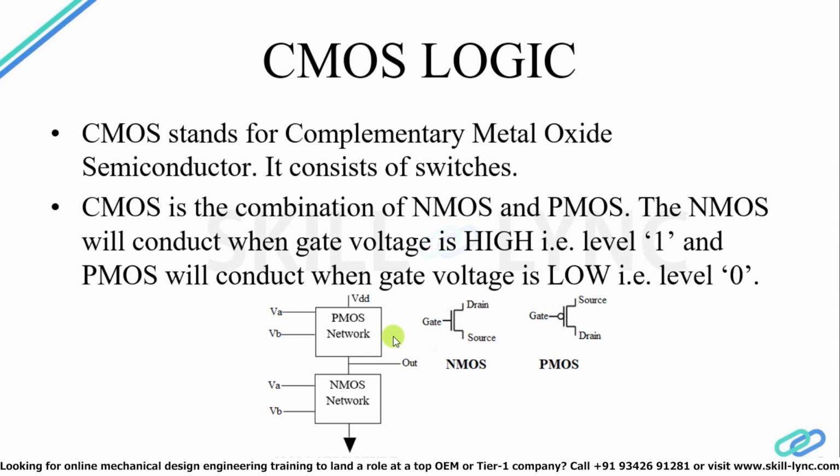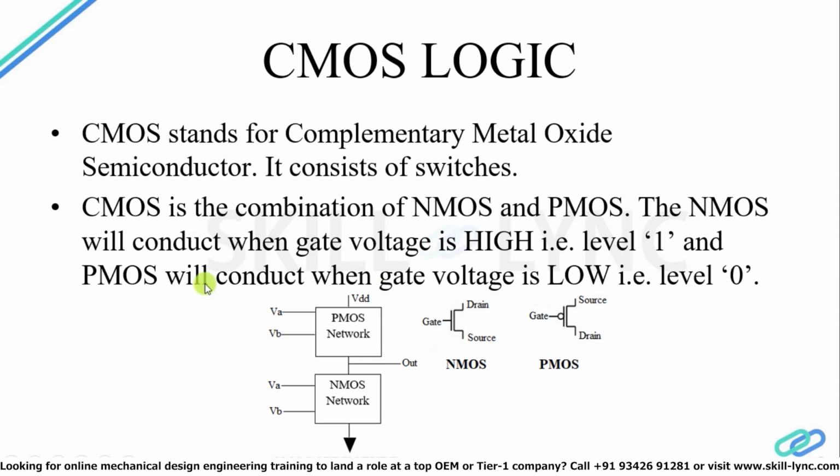So let's understand why we are using CMOS, because basically it dissipates very less power. This is the main advantage of CMOS logic. That is why it is preferred over the bipolar technology. Power is only dissipated when it actually switches. Basically it consists of switches, but the power will dissipate only when it switches from one mode to another, and it has very good performance, better than BJT.